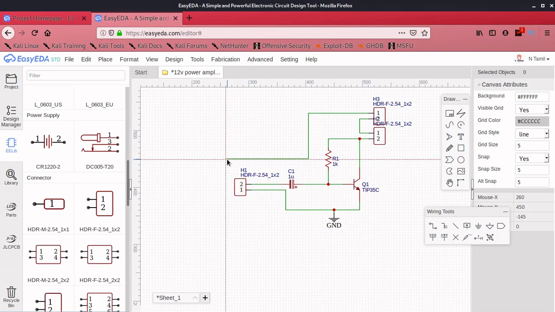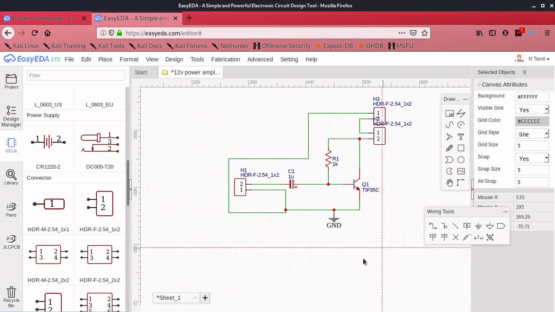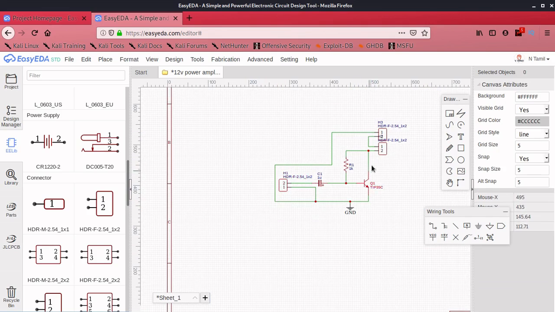If you want to make your wire a longer one or anything, then I want to compress it by using the PCB. So don't worry about anything.